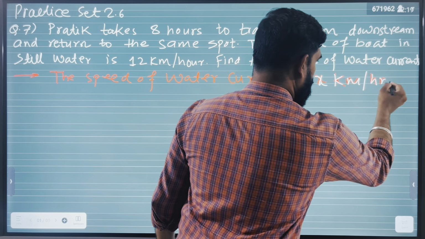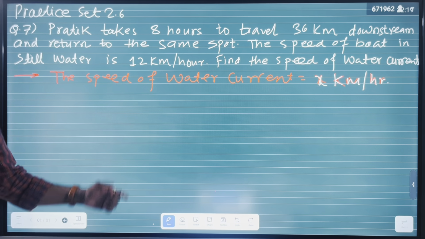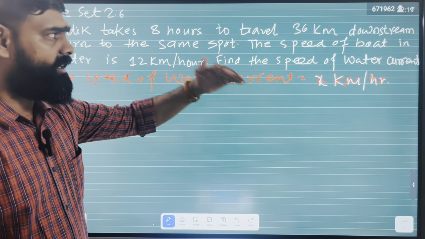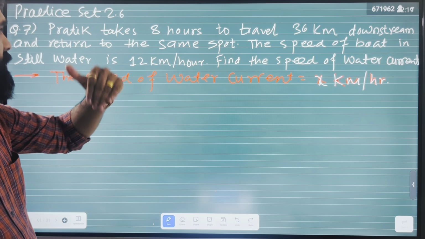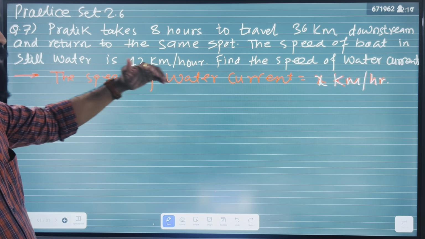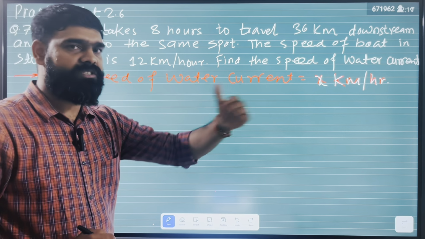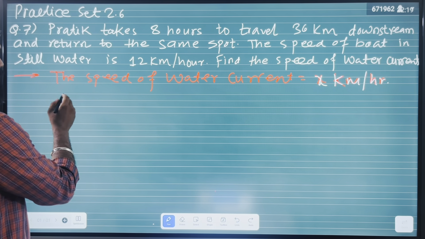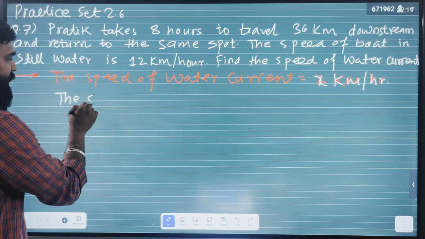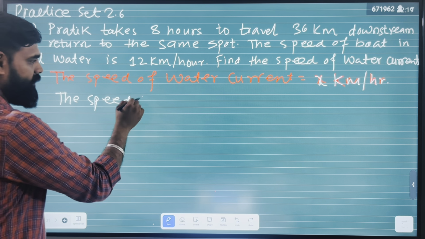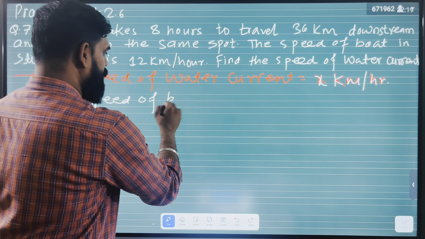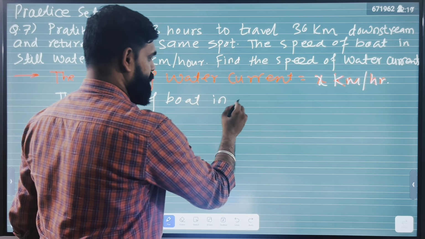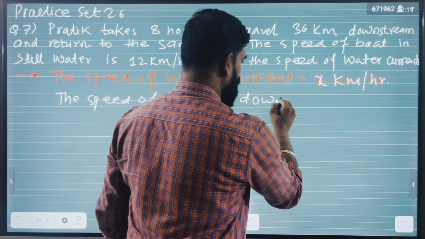Now we have one condition here, that he is traveling downstream and returns to the same spot, which means he is traveling downstream and upstream also. So in this case we have to assume the speed of boat in downstream,